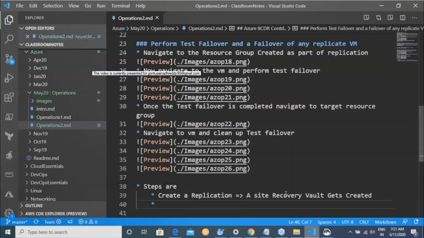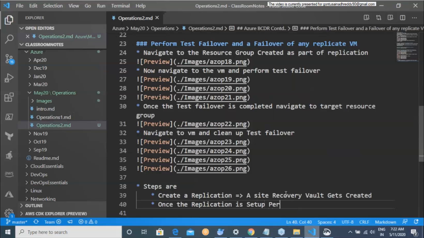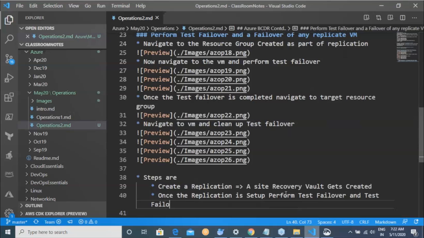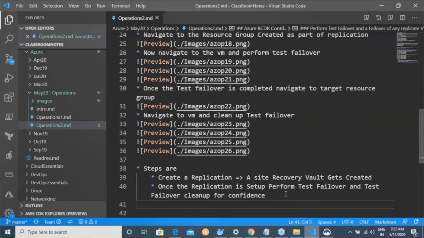To be very specific, it stores the disks. Now, once the replication is set up, perform test failover and test failover cleanup, for confidence.